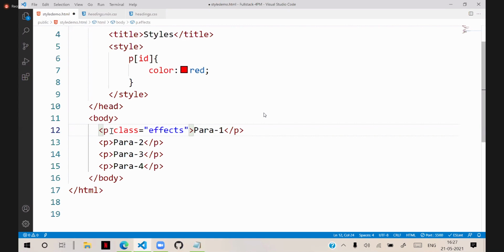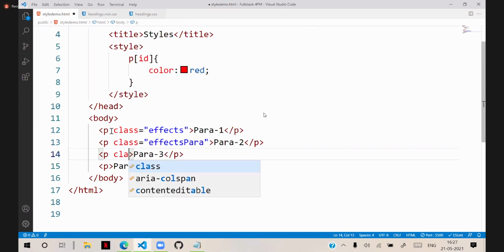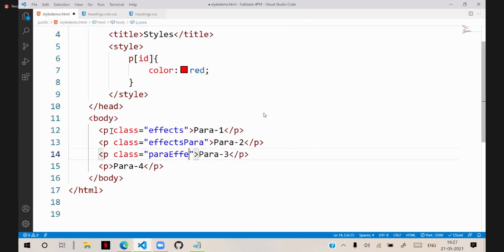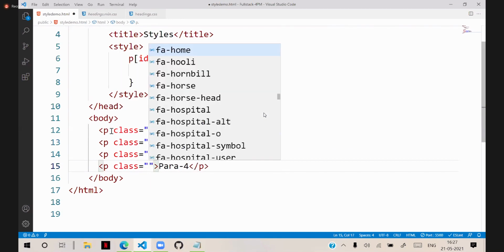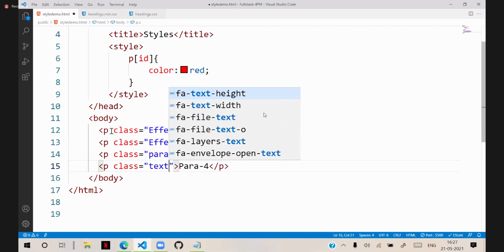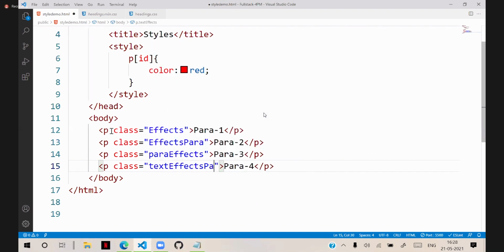Okay, that is one option. Second, we have a class effects para. Next we have an option class para effects. Like this we are defining. Suppose effects para effects. And you have an option like text effects para, like this we are having.